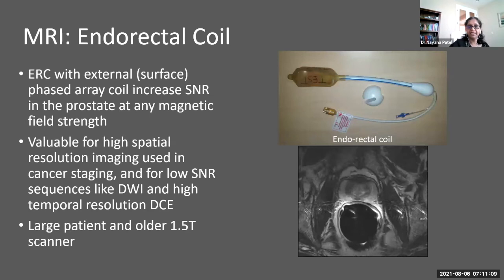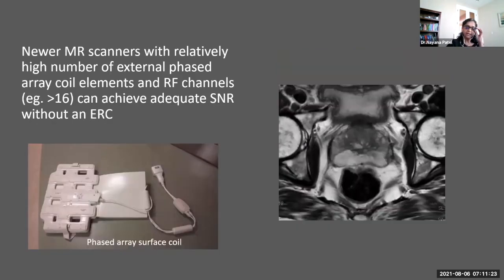It is useful in the large patient, and when we are scanning the patient on older 1.5 Tesla scanner to improve the resolution and to increase the signal to noise ratio. New MR scanner with relatively high number of external phase array coils and RF channels can achieve adequate signal to noise ratio without an endorectal coil. And you can see here the picture of the surface coil,